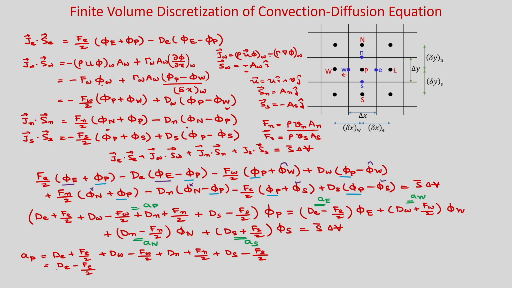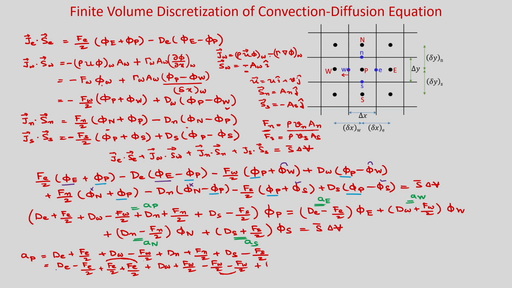Okay. So, if you write d e minus f e by 2, then another f e by 2 we have to add. So, f e by 2 plus f e by 2. Okay. So, this will get cancelled, so f e by 2 will remain. Now, together you can see it is f e. Similarly, you can write d w. So, now in the a w coefficient we have d w plus f w by 2. So, we will write d w plus f w by 2, and we will subtract f w by 2, and another minus f w by 2 is there. So, now these together will give minus f w.